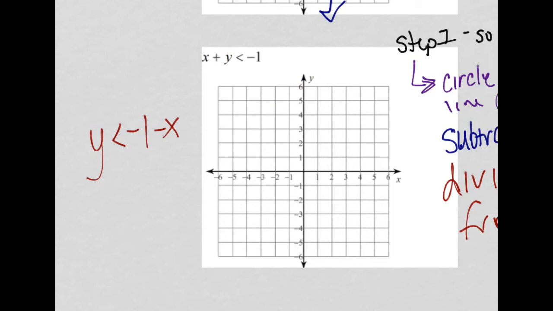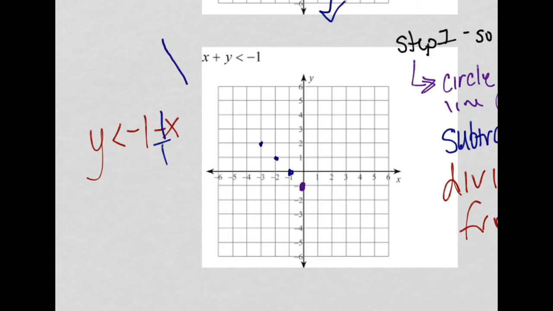I would refer back to number 1 if I needed help with this. Otherwise, I would start with my y-intercept of -1 and put a dot. My slope is -x. Well, I know for a fact that there is a -1 in between that negative and that x, and 1 written as a fraction is 1 over 1, which tells me I'm going to go up 1 to the left 1, up 1 to the left 1, up 1 to the left 1, because I want my line to look